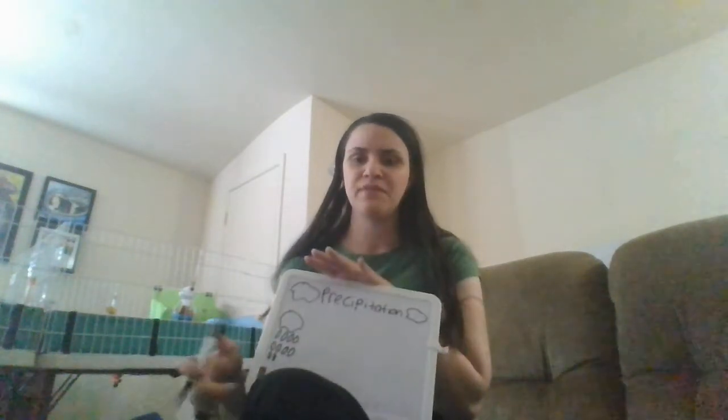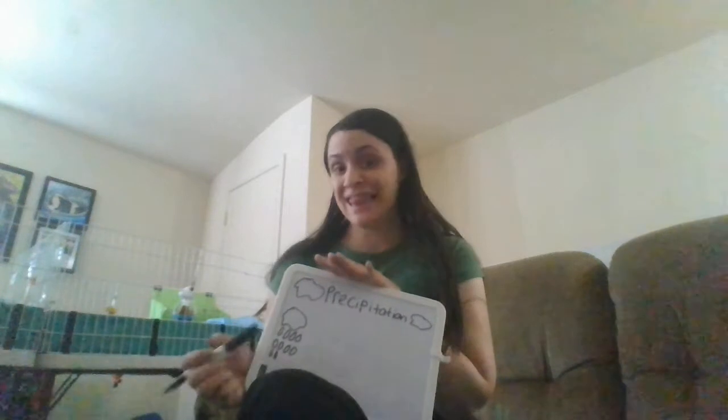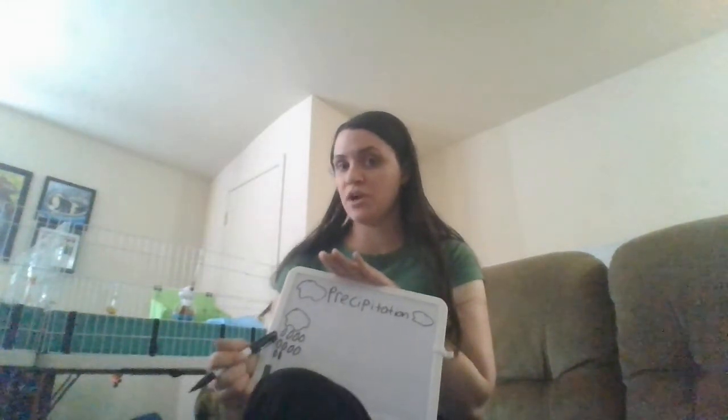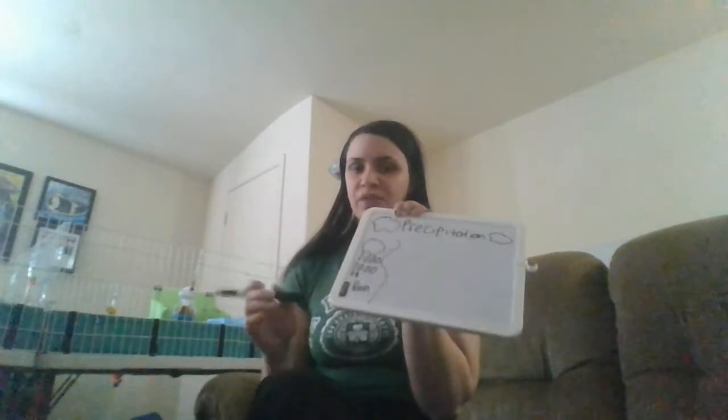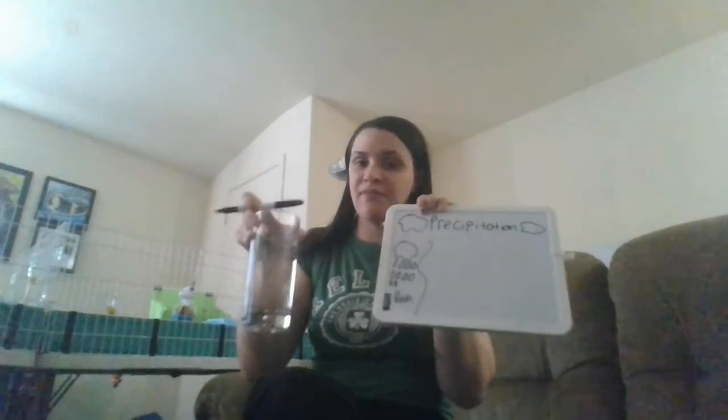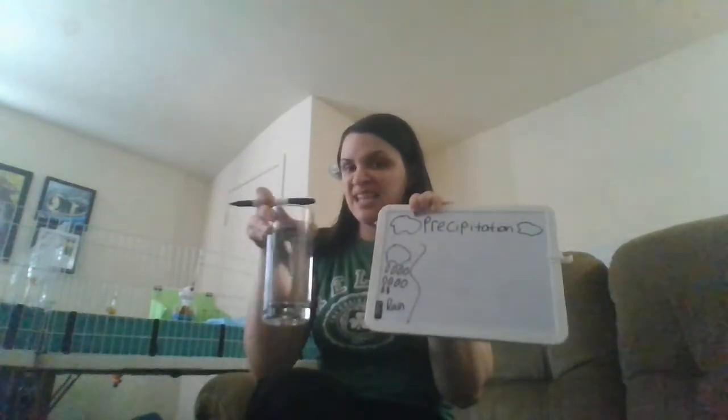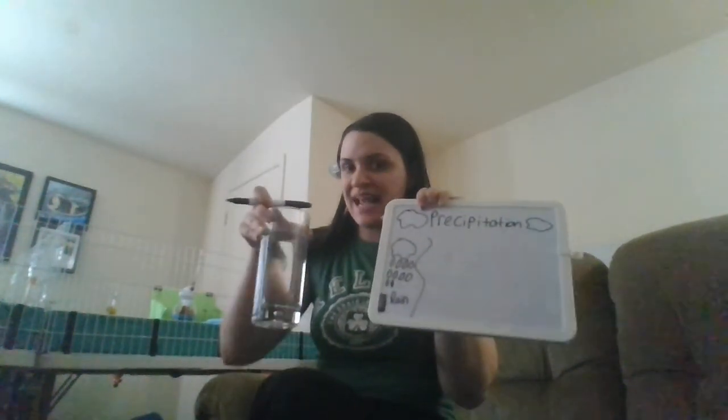Our first type is the kind we're going to get during spring because it's warm outside. Remember, spring starts Saturday. This is a liquid. What is the type of water that comes out of the clouds that's a liquid? It's rain, right? Could we say rain? Rain. Rain is what we're going to get all spring. And remember, it is a liquid. It's the type of water, right, that comes out of our faucet or that we use in the bathtub. So rain is a liquid.